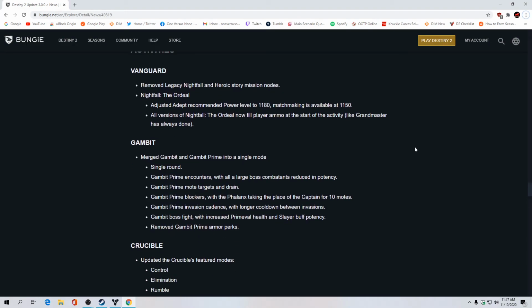Vanguard. Remove Legacy Nightfall and Heroic Story mission nodes. Nightfall: The Ordeal. Adjusted Adept recommended power level to 1180. Matchmaking is available at 1150. All versions of Nightfall: The Ordeal will now fill player ammo at the start of the activity, like Grandmaster has